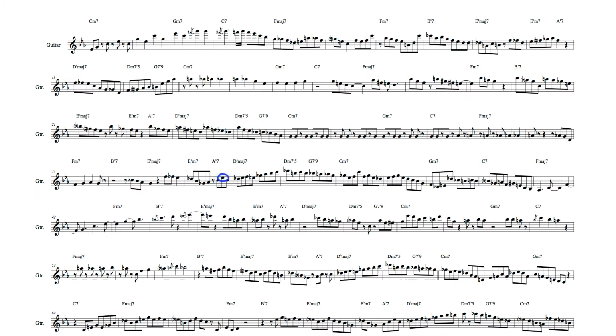Here, the third and 5th of A flat 7 harmony, and here the notes of a D flat major 7 arpeggio are embellished. This C note, the 7th of D flat major, also begins another long-range line, which initially descends to the flattened 5th degree of the C minor 7 harmony at the beginning of the following 12-bar cycle, before then continuing to end on the sharpened 5th of the C7 harmony.